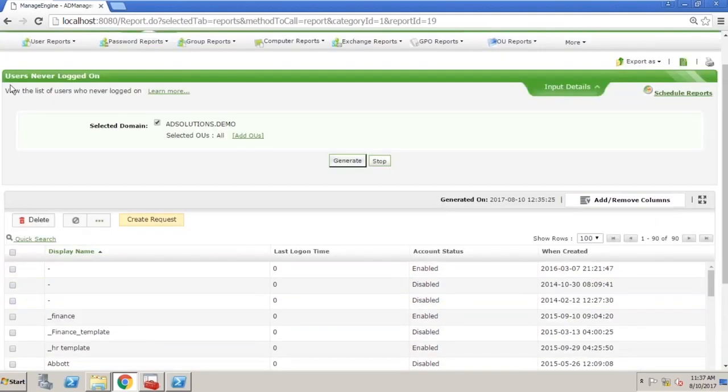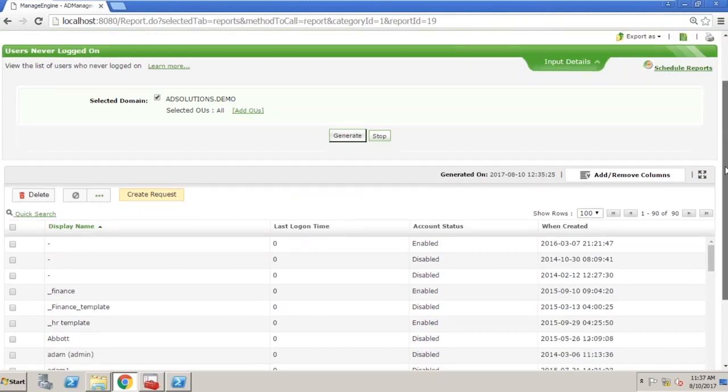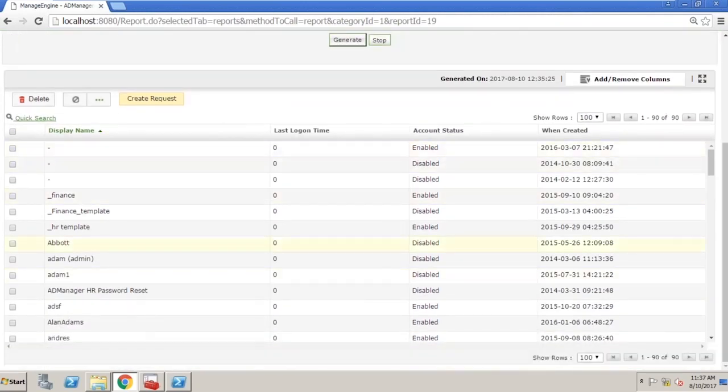Now, why is this important? Why should you even be querying these accounts? Because if you have users who have not logged into your Active Directory infrastructure, let's say you have 20 users. Among those 20 users, let's say 60% or 70% of them could be vulnerable to security attacks. And let me tell you, how would you decide that? So for instance, the when created timestamp is very crucial in order to determine the level of vulnerability of that